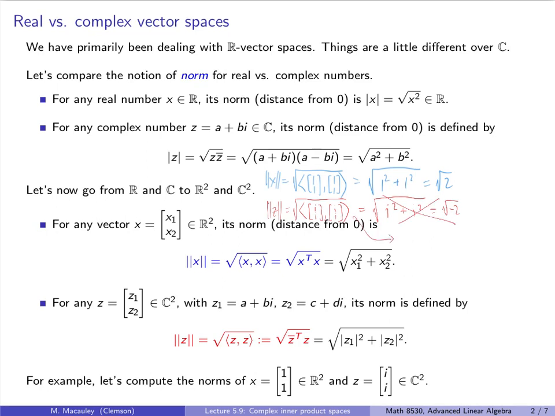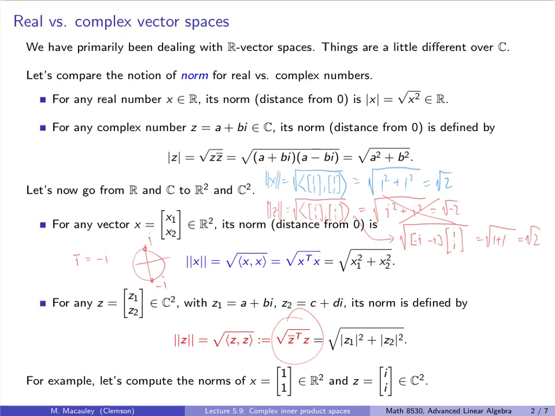Instead, what we want is to take the conjugate transpose. So in other words, the square root of, let me remind you that the complex conjugate of i is negative i. So in the complex plane, if this is i, the complex conjugate is negative i. So that's negative i, the dot product of that, or the inner product with i, and this is 1 plus 1 equals root 2,